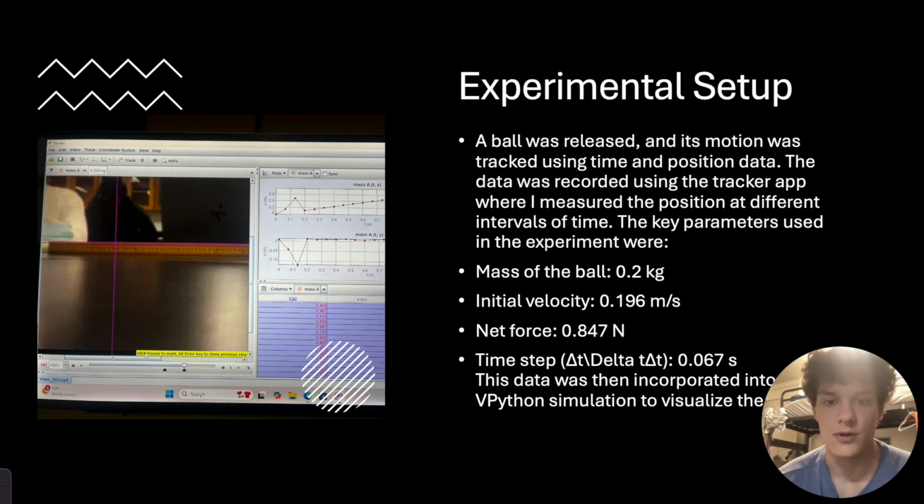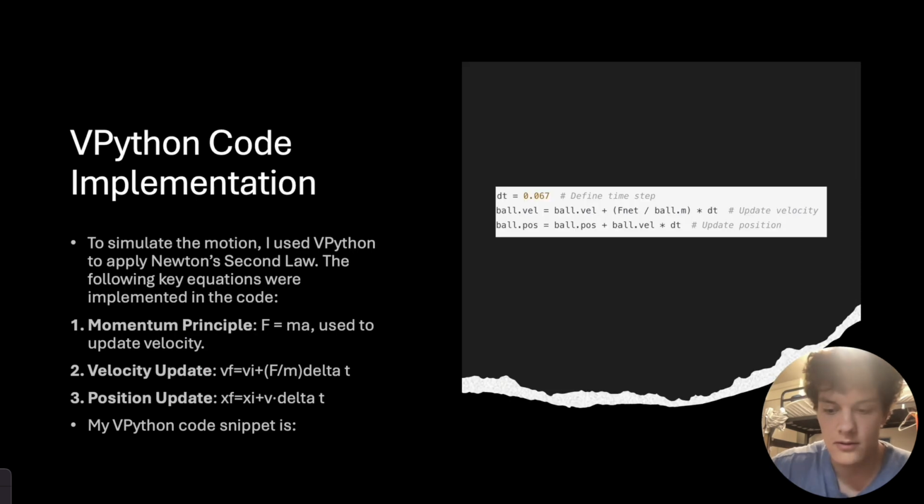The key parameters that we used in this experiment were the mass of the ball, which was 0.2 kilograms, the initial velocity, which is 0.196 meters per second, the net force, which was 0.847 newtons, and the time step, which was 0.067 seconds, basically our delta t. This data was then incorporated into Python to simulate